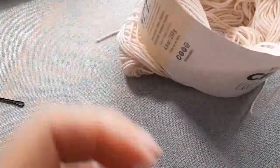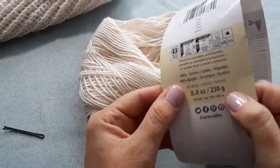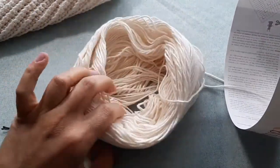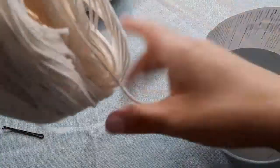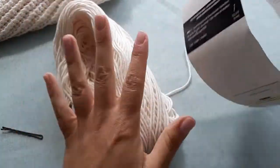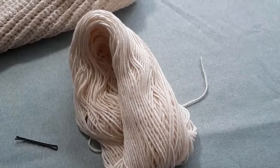So as you can see, I really did some damage with this cotton cake. This is a 250 gram cake, and I have used almost all of it, I would say 85% of it for the back panel. I purchased a total of 3 balls, so I have 750 grams here I'm working with. I don't think I'm going to use the full 750, but it's always better to be safe than